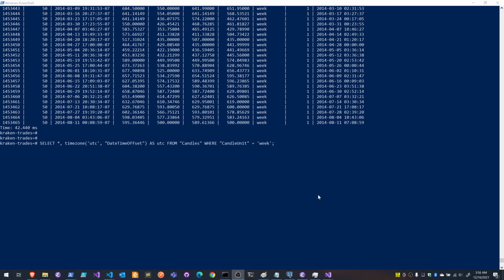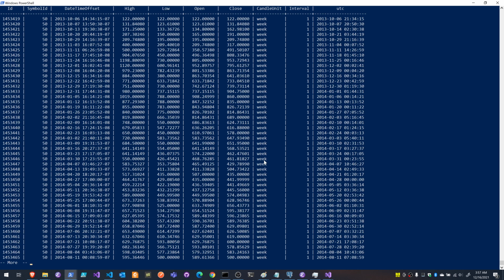All right, so here I'm just showing a query directly to PostgreSQL, where we're going to take a look at that candles table, and I'm saying candle unit is the week candle, and I'll run that one. I'm converting the time to UTC here because PostgreSQL stores it using local time. But besides that, it's a fairly straightforward query. So if we run that, we can just see here